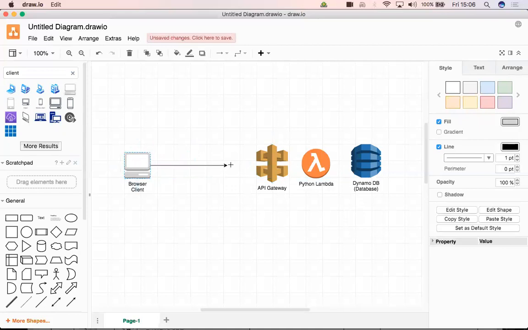So what is going on now? You make a call to the gateway. How do you make those calls? You simply give the REST API signature.